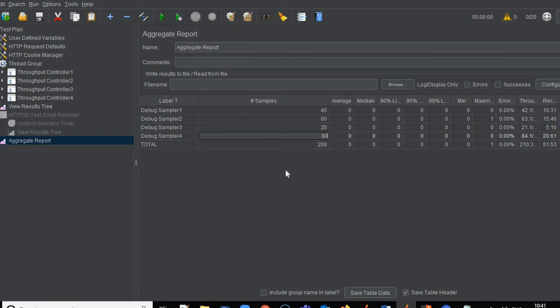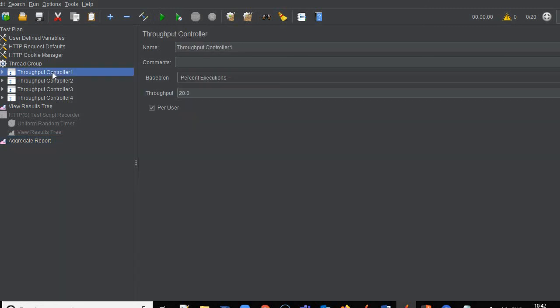Okay, so you guys can go through this, you can try to work by yourself, and then you will be more clear with the scenario, because there are many things in throughput controllers. So I tried my best to share everything that comes under throughput controller. In my next videos I will share some other scenarios, how we can create different types of scenarios other than